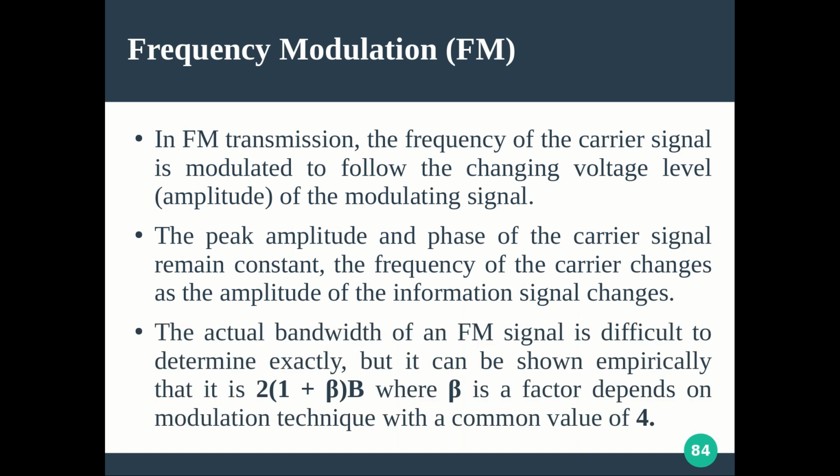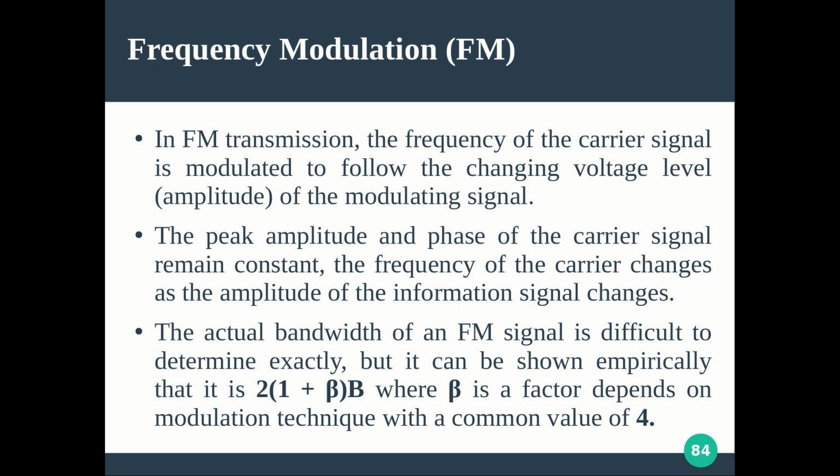So the actual bandwidth of the frequency modulation signal is difficult to determine exactly, but it can be shown empirically. It is a result that people already proved, and we are just taking the result. In amplitude modulation, we saw that if the original signal has bandwidth B, then after amplitude modulation the resulting modulated signal has spectrum width, that is bandwidth, 2B, and that is double sideband transmission. And if you want bandwidth efficiency, you can send only one sideband, resulting in single sideband transmission, where the resulting signal bandwidth is still B.